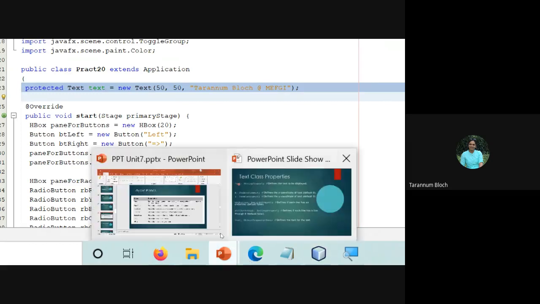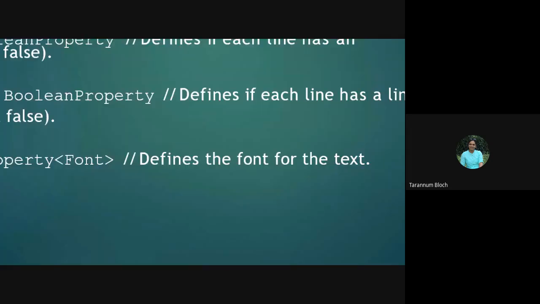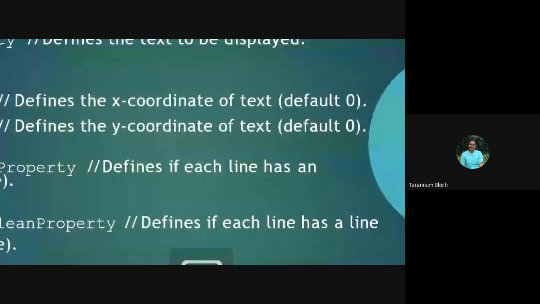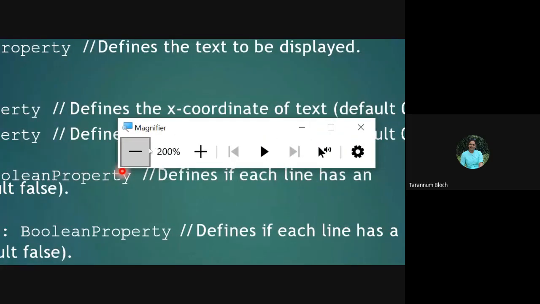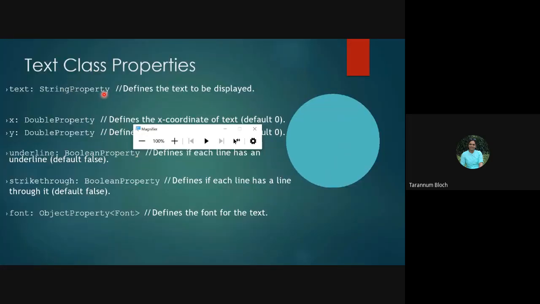So those class properties of the Text class we are discussing now. We have the string property text. We have x, which is a double property. We have y, which is a double property. Along with that, we have underline, which is a Boolean property. You can just set it true or false. By default, it is false, and that's why there is no underline in the output. But if I give text.underline true, it will give me the underline.